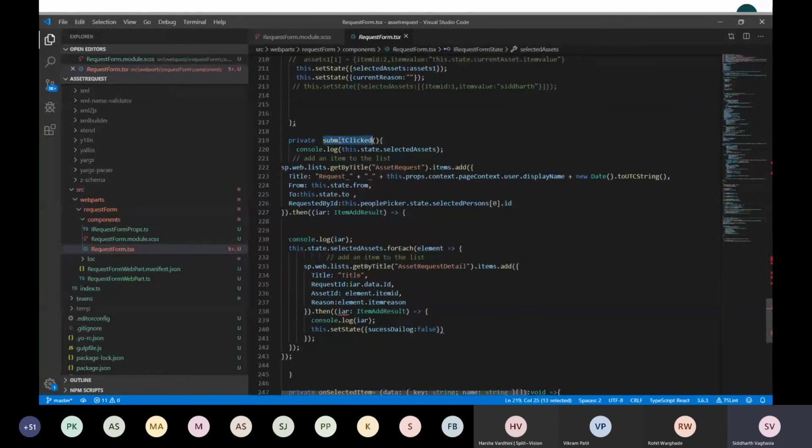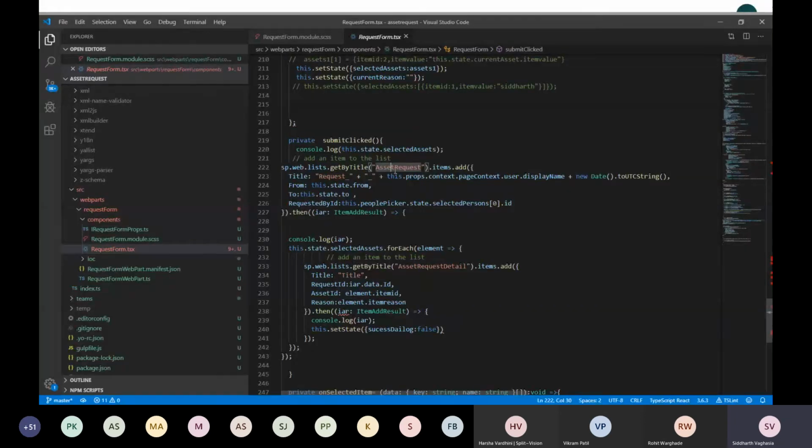On click of submit, we are using PnP.js methods and adding data to our SharePoint list. First it is adding data to asset request, and for each selected asset it is adding data to asset request detail. This we have already seen in our previous session. So this is using PnP.js, where we are basically performing the CRUD operations.